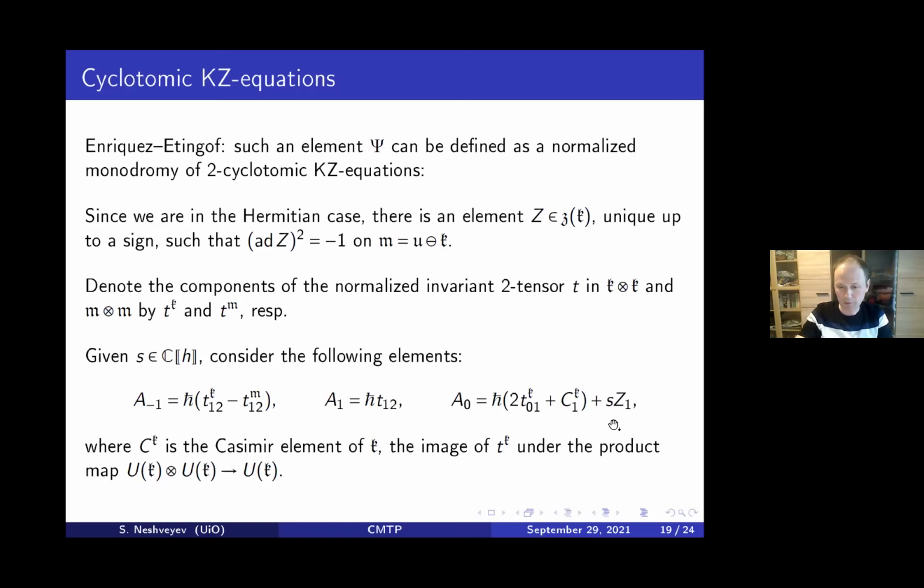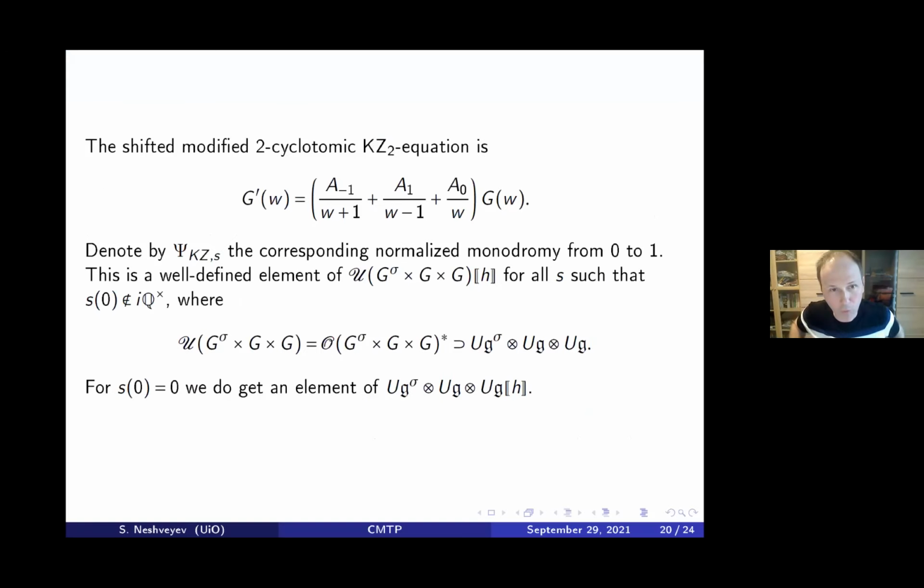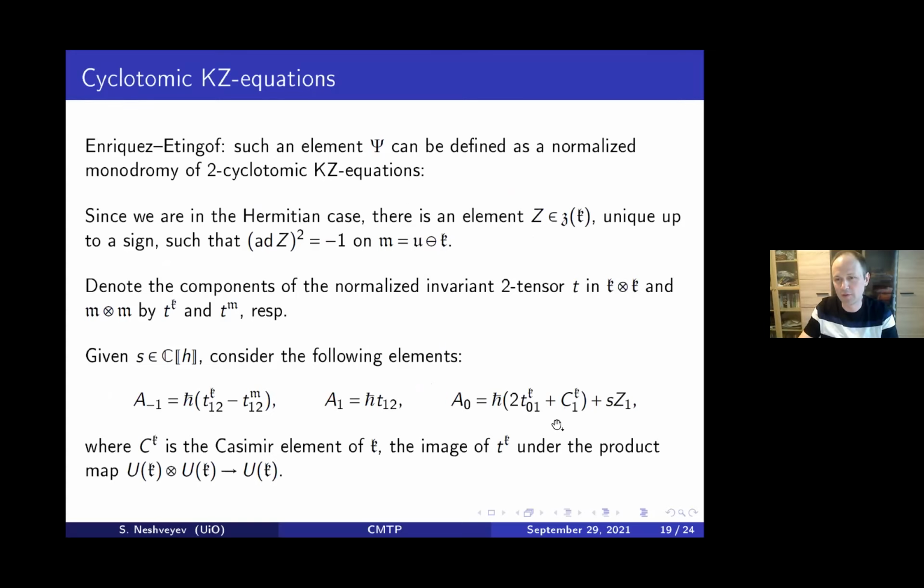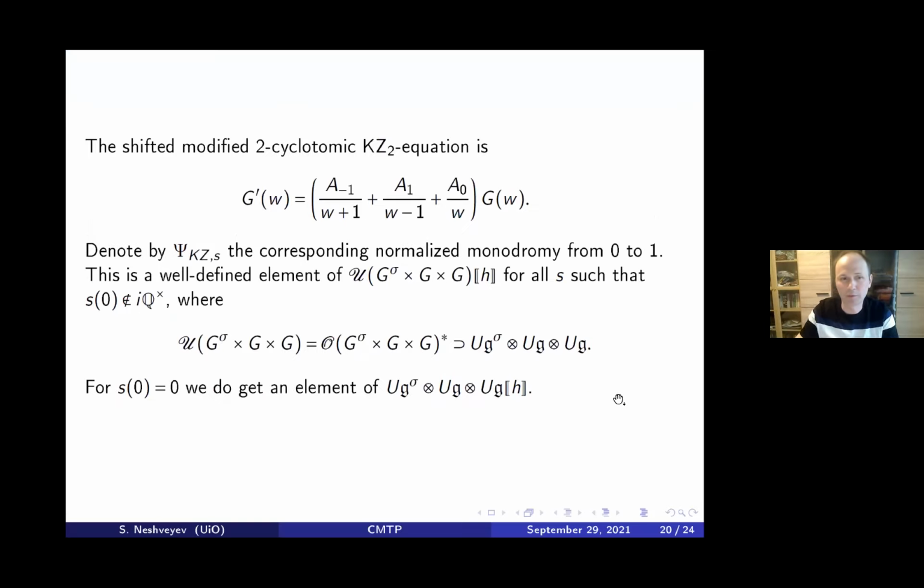If you have such elements, then I will not write the full form of the two-cyclotomic equations, but I will just write this modified equation, which is enough to define this associator. So the equation looks as follows. Compared to the KZ equation, the new thing is that you get extra summands with singularity at -1. And this explains the name two-cyclotomic. In addition to 0, you have two singularities at 1 and -1. And you have these elements A, which are similar to T, but a little bit more complicated than just T, which we have in the usual Knizhnik-Zamolodchikov equation.